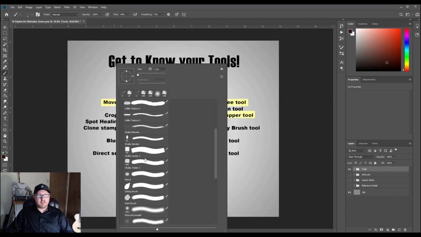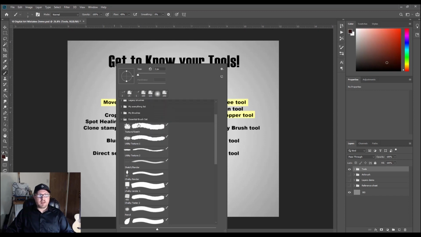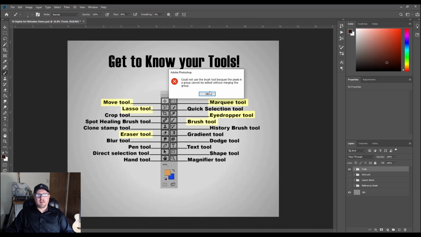Mostly I just use my chalky render brush, my inking brush, my texture sketch brush, and a few utility textures and stuff like that for different things. But basically almost 80-90% of the time I'm just using my chalky render brush, and that's it. So